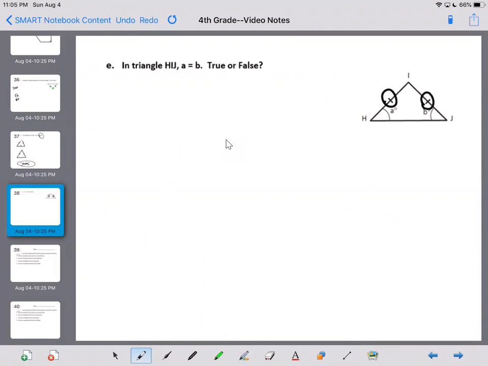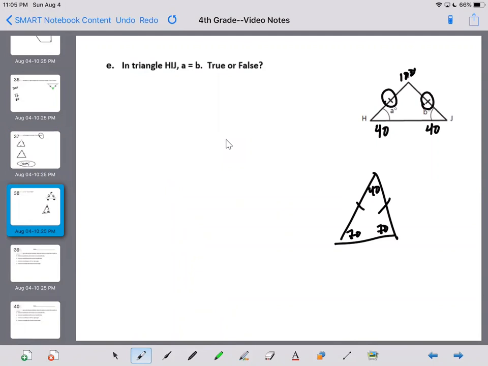So remember some of the isosceles triangles that we've drawn already. If this was 40 and this was 40, then that would be 80. So that means this other one would have to be 100. Or we could look at another one. We could say this is 70 and 70 and 40. So if A does equal B